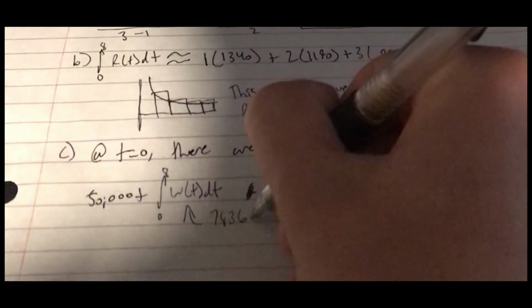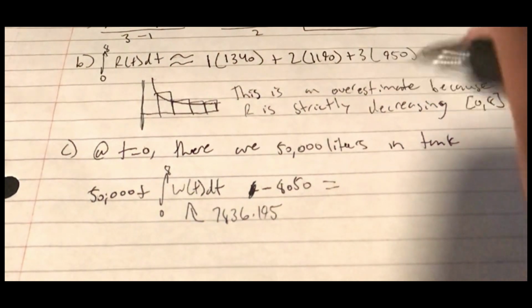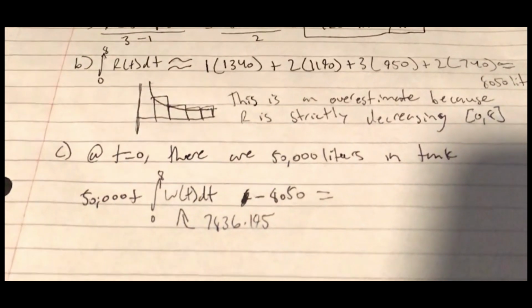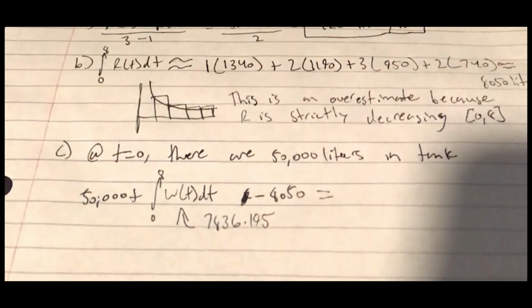So this is 7,836 point. I'm just going to write out 3 decimals, but for the sake of a correctly rounded answer, I'm storing the entire thing in my calculator. So now we just add 50,000 to this, and then we subtract 8,050. And I get